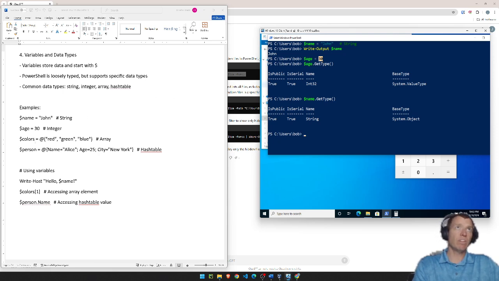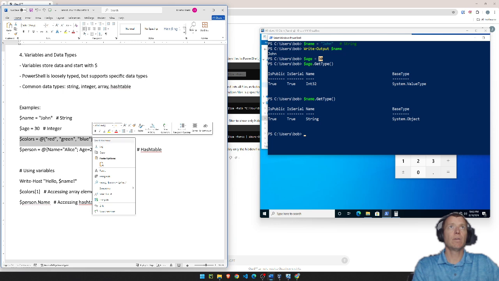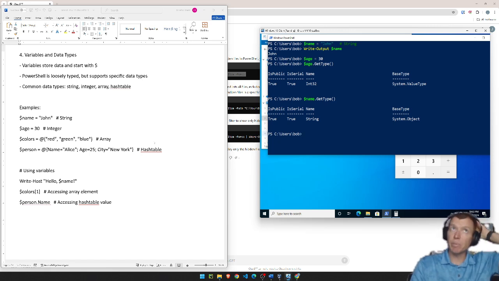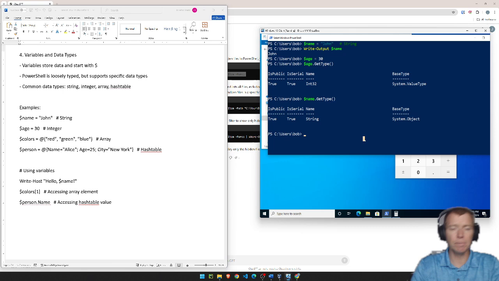So in other words, this one here, our third example, colors, I'll copy that, come over here and paste. Oops, doesn't seem to like my paste very well. Let's see, did I not set that up? Well, I don't know, I'll mess with the scaling and all that. We'll just type it in. That's not that much. Type in $colors